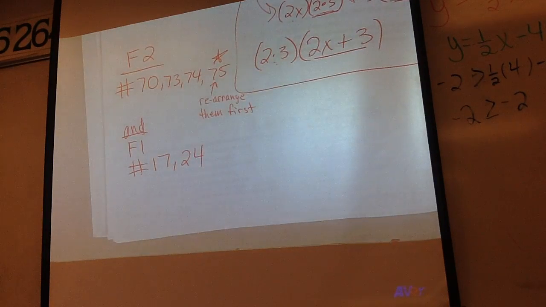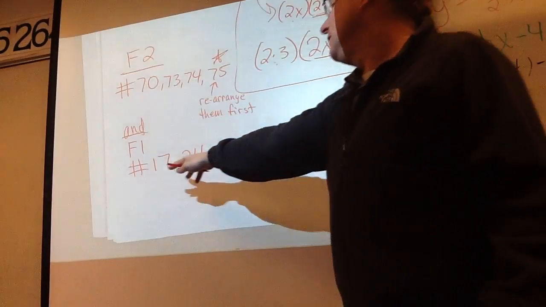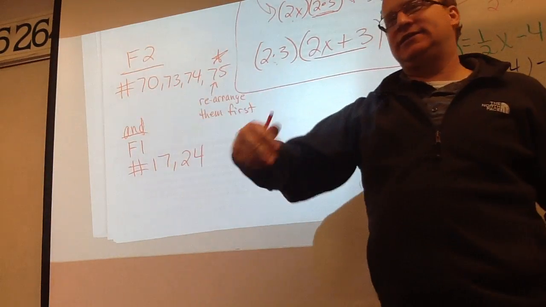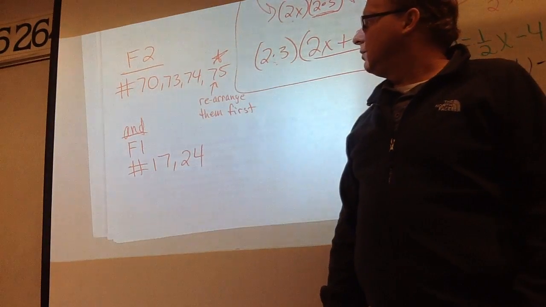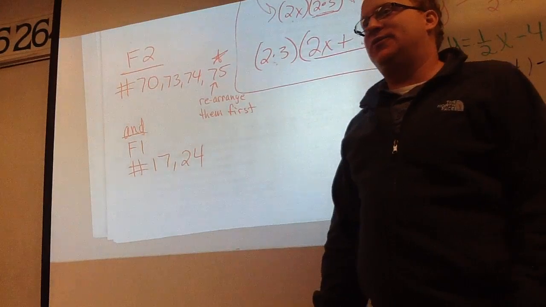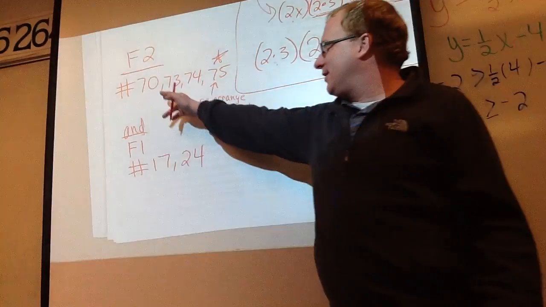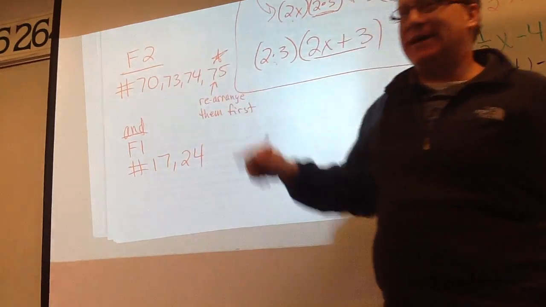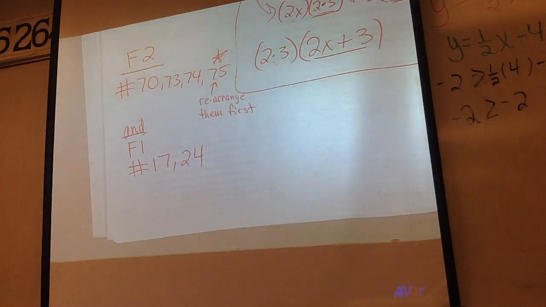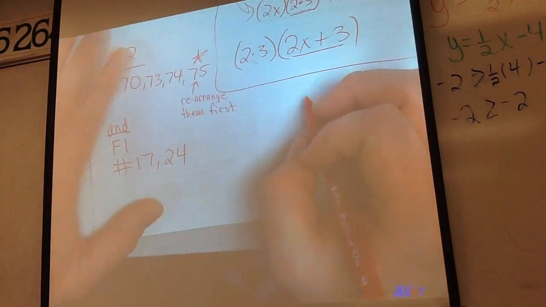Those 4 on F2 are what we just did. They're grouping. These 2 are like review. They're the different kinds of factoring we've already done. Is that extra credit? No. But if you can't figure it out, do these first. They're just like I showed you. That one, you'll just have to rearrange the terms first. So that would be like, just,